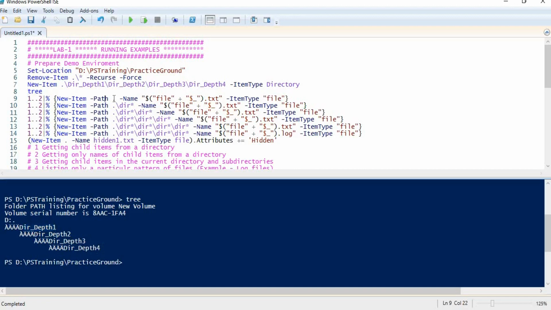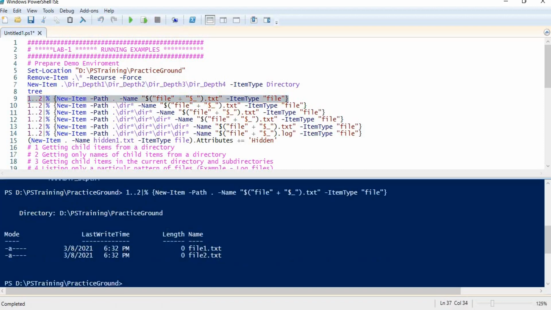In the next command we are creating 2 text files in the current folder. This is the command for that. If we run it, we can see 2 files have been created under the current working directory. In the next command we are creating 2 text files in the directory at level 1, or depth 1.